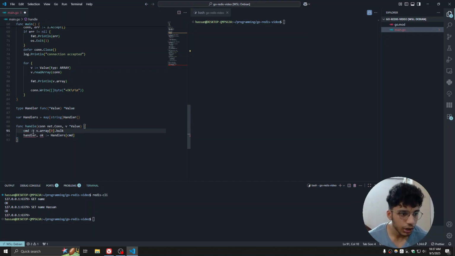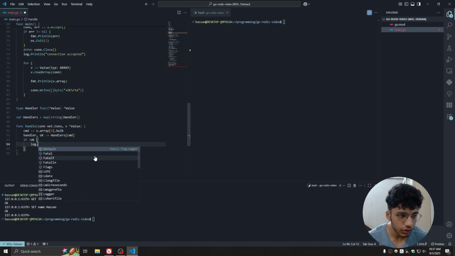There we go. I forgot to actually declare this variable. Okay, now let's handle this OK error as well. We need to make sure that this handler actually exists, obviously. And that's what I'm doing over here. If this doesn't exist, then let's just